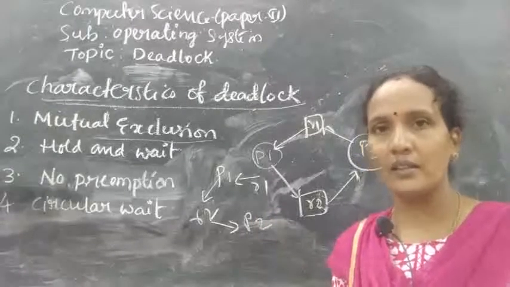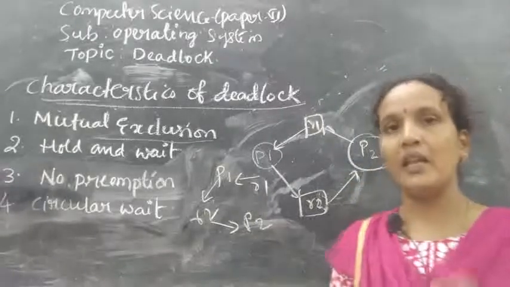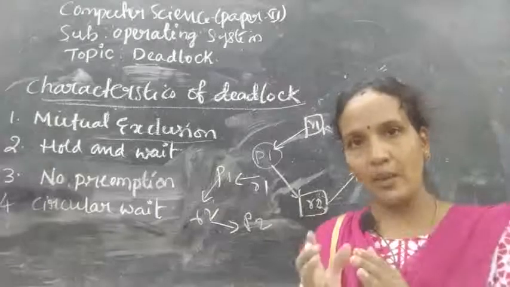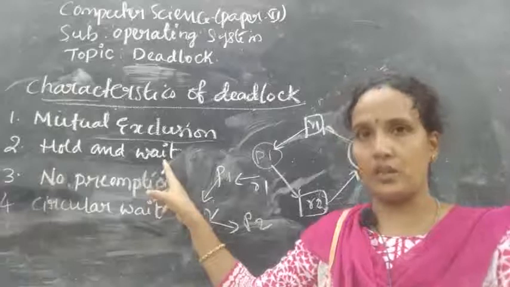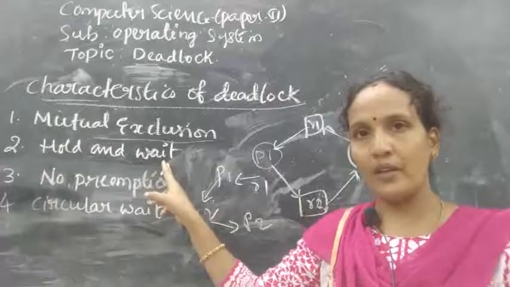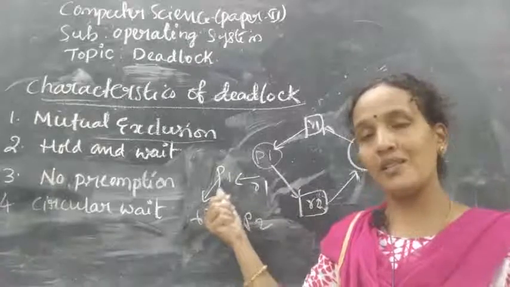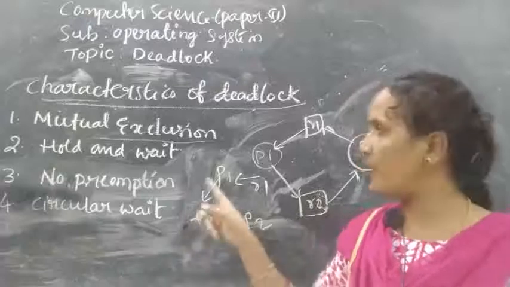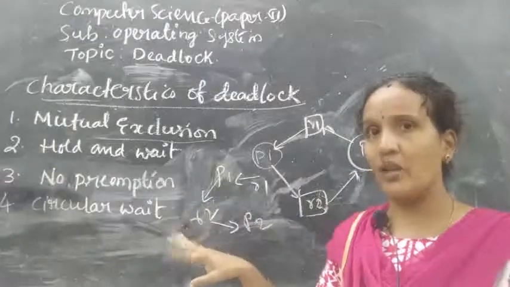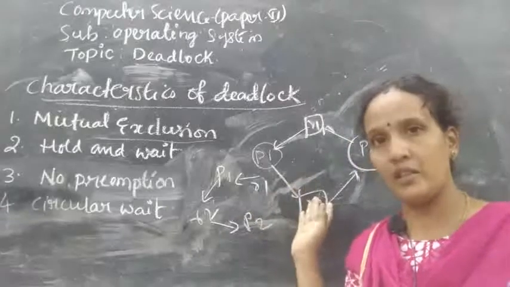Deadlock may occur. Understood? Here, if any process is holding some resource and waiting for another resource, then what happens? This one process will never release the resource, because its execution may depend on that resource also. So what happens in this case? It will not release the resource, and it is requesting another resource that is held by another process that will never release its resource.